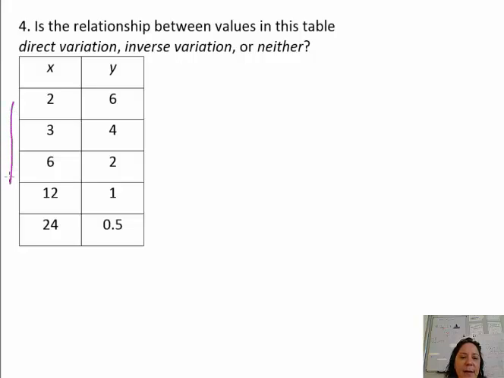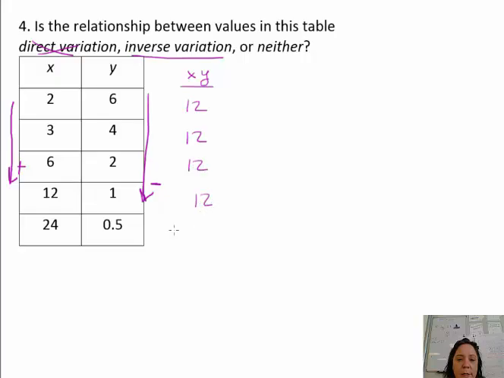As my x's here get bigger, my y's here are getting smaller. So we don't have direct variation. We could, however, have inverse variation, so let's investigate what our product is. Remember that we have a constant product for inverse variation. So if I look at x times y over here, 2 times 6 is 12, 3 times 4 is 12, 6 times 2 is 12, 12 times 1 is 12, and 24 times a half is 12. So we have a constant